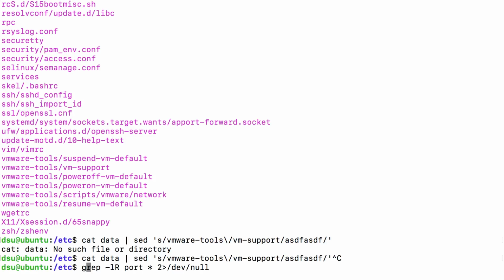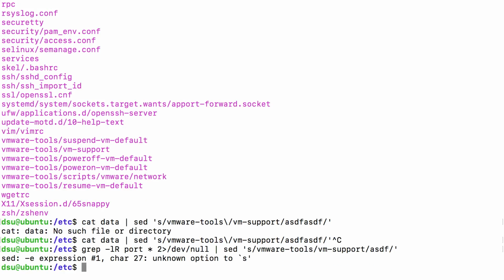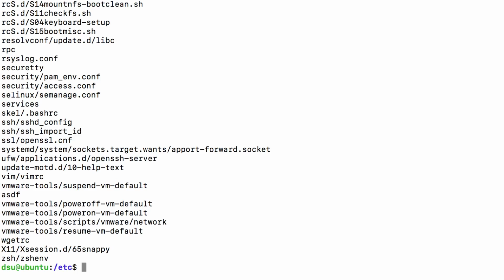I have to do this again. Sed s, let's say, we can just do that. We'll just replace it with ASDF. It would give us some error if we accidentally used a character that was supposed to be escaped inside that expression. So we'd have to say backslash slash again, and we can see we replace that one